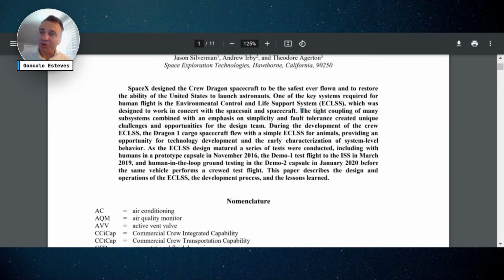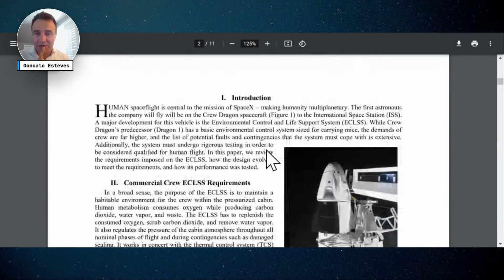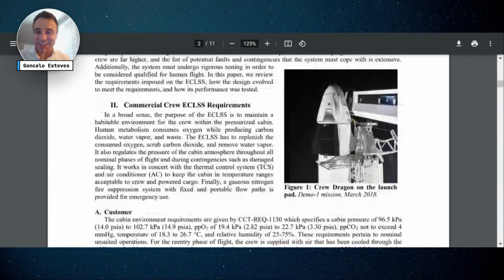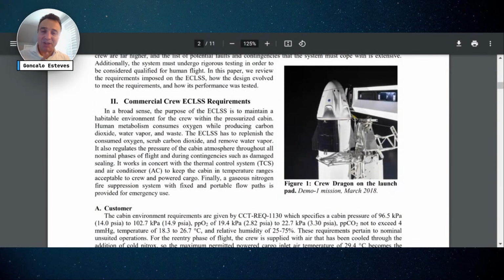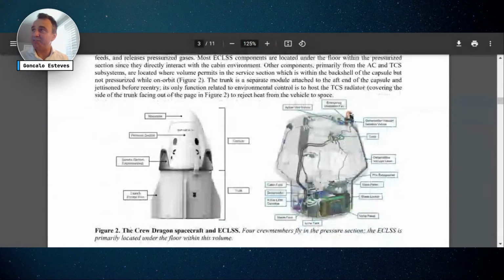Now I want to move you to the next part of the document because it's very interesting. If we go down the rabbit hole, we'll have links to the references in here. If you go all the way down, you get the subsystem design overview. It's a great amount of information as we are designing new space systems.